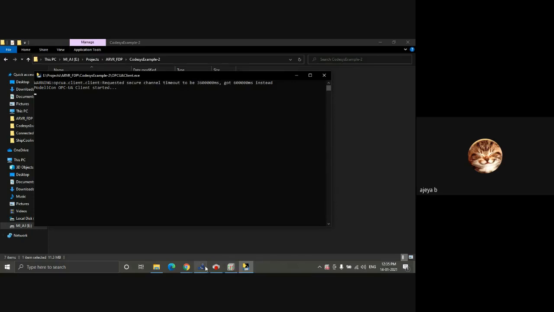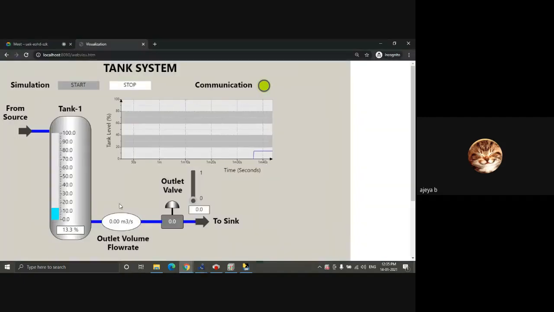I'll keep it open and then start simulation. So it is still working. So yeah, depending on system to system, this might be a little laggy when you are controlling through web visualization.